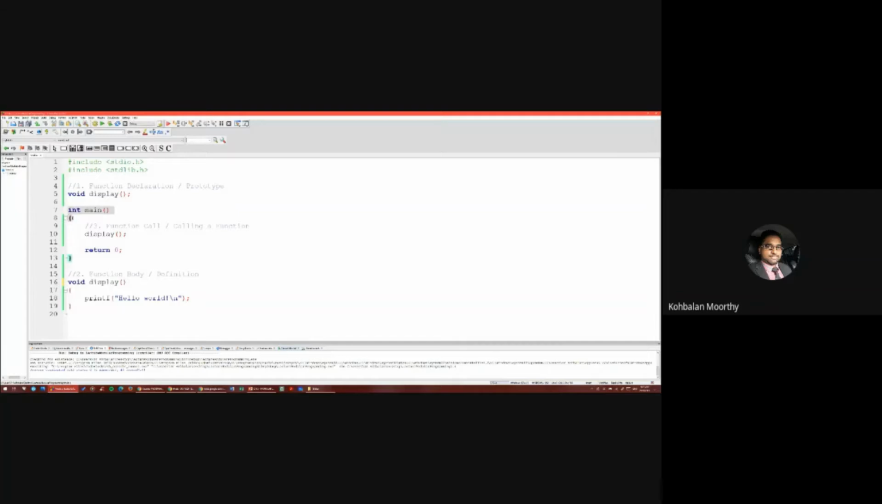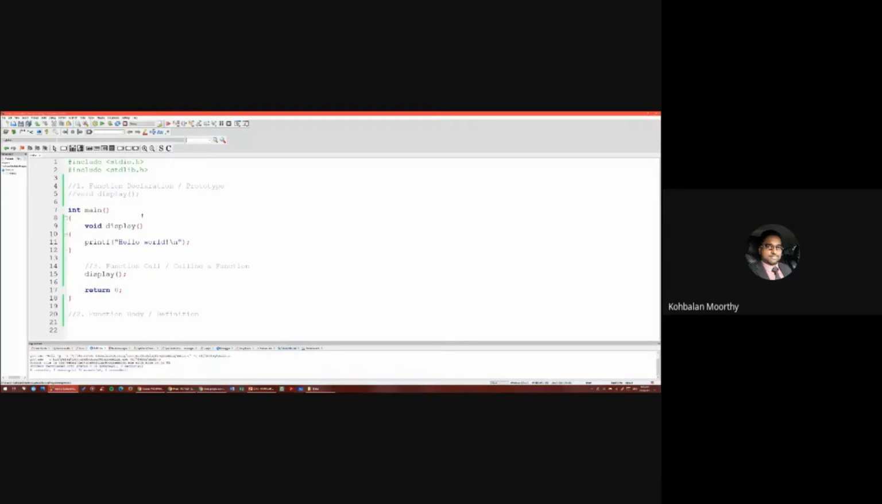As long as it is outside the main function, it is known as global. So any functions, any code can call this display function. When we talk about local function, what happens is that when we move this inside the main,